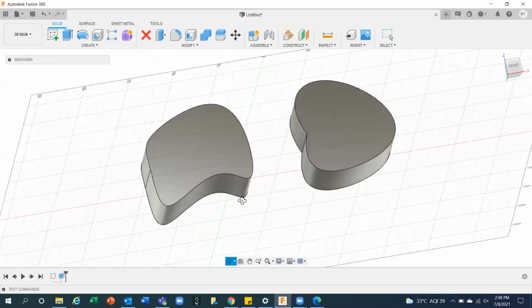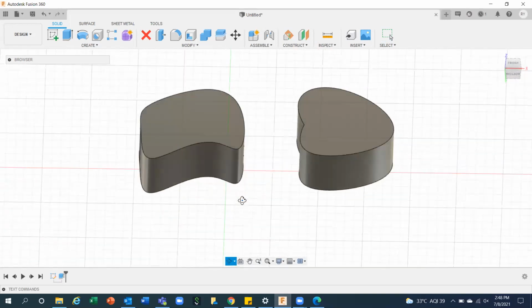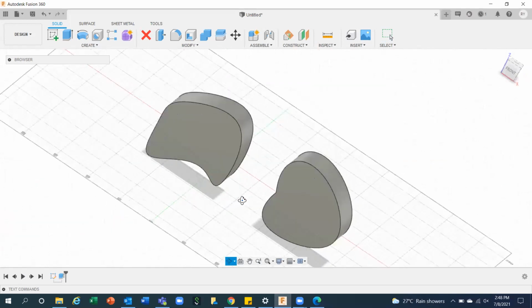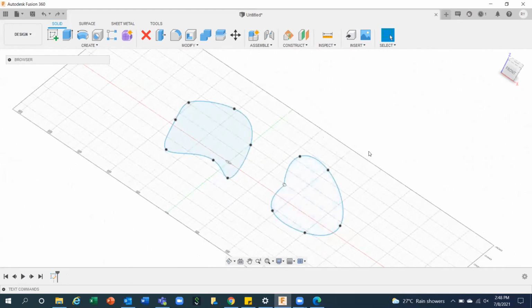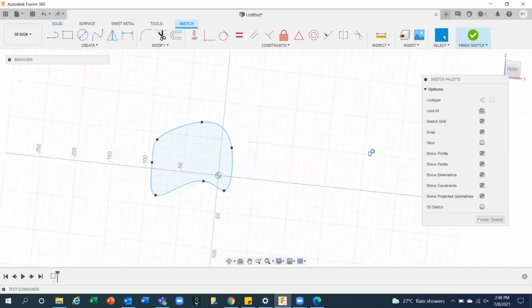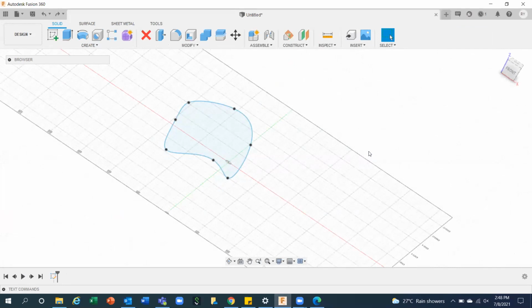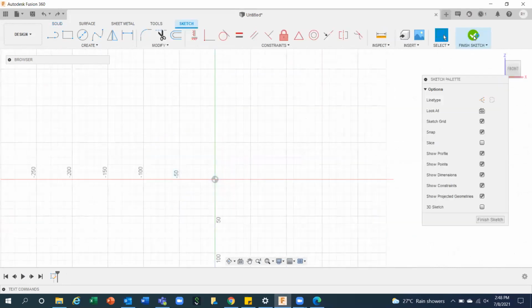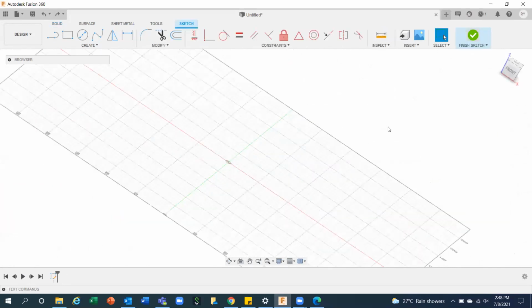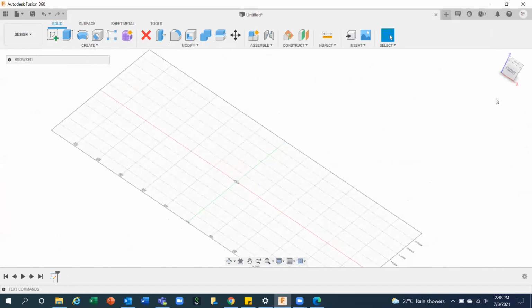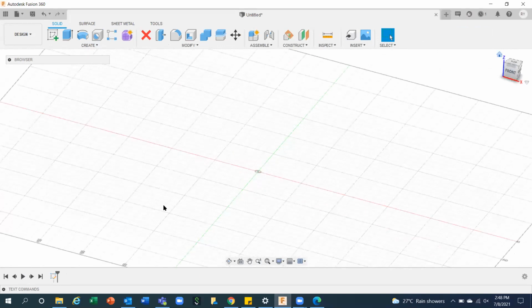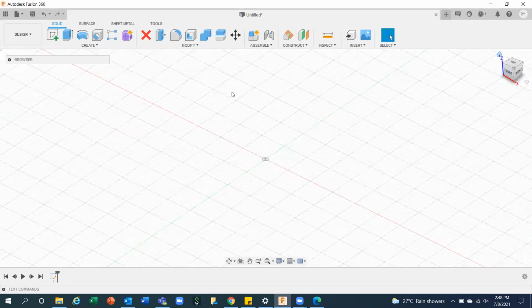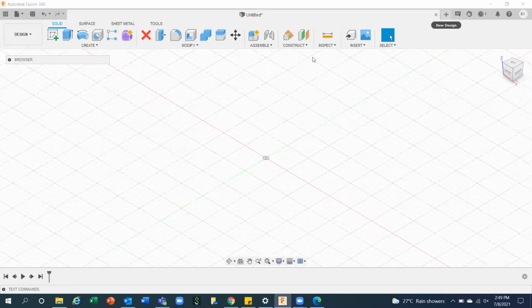Clear? I hope it is clear now. Yes. All right, so let me go back. So sketching and solids you can easily create. Now the question is, I need to create an object so that I can get it 3D printed. Right? How can we do that? Let me delete this sketch. So again, the very first thing is I'm interested to create the sketch first.